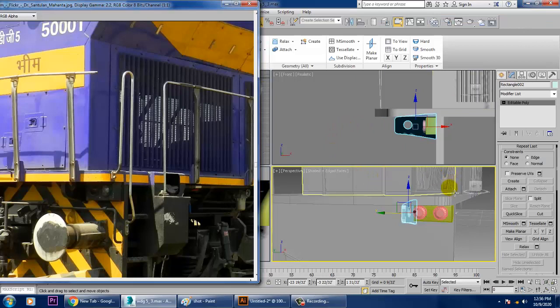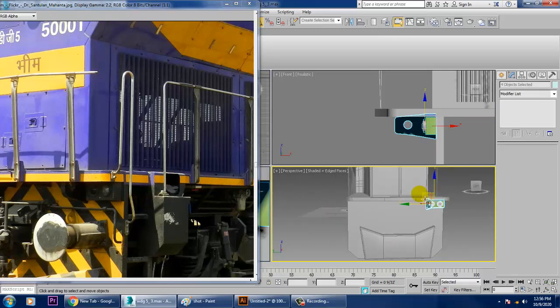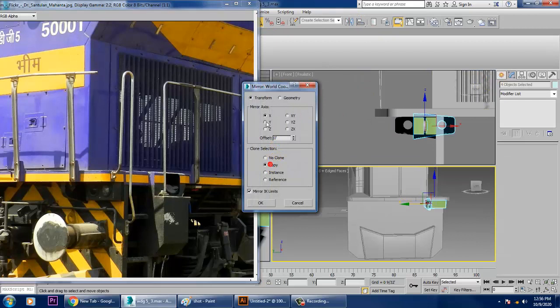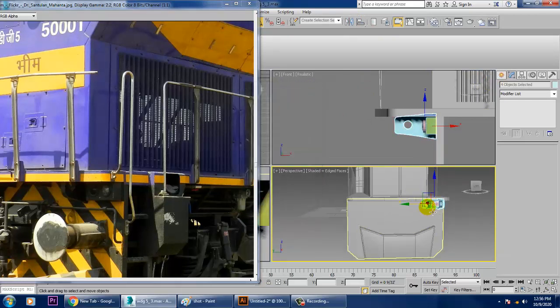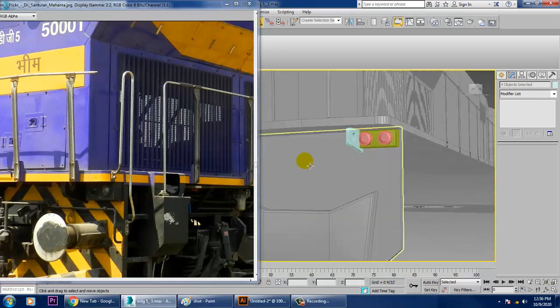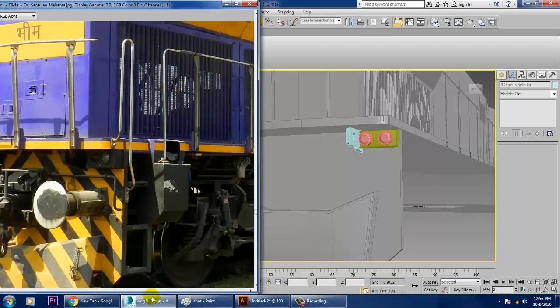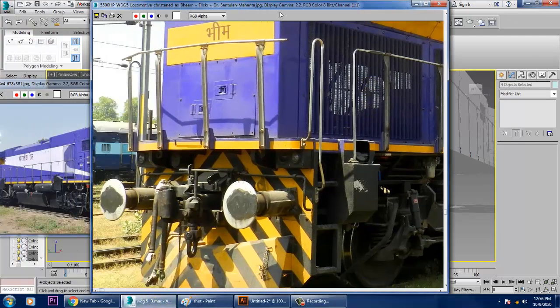You can just select this and this, and you can just mirror this. You can mirror it in the y-axis, and let's just place it over there. So you can just mirror this stuff over here. After your mirroring is done over here,